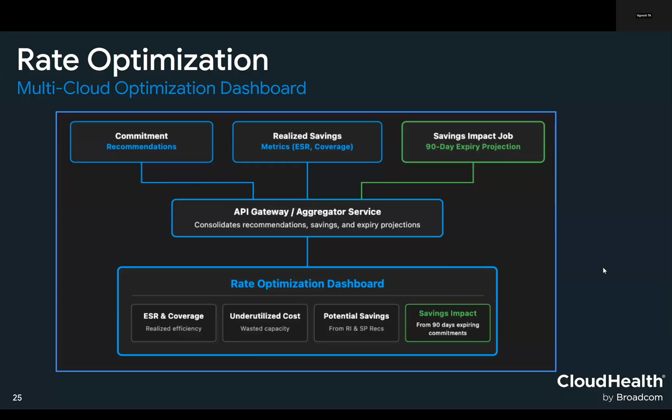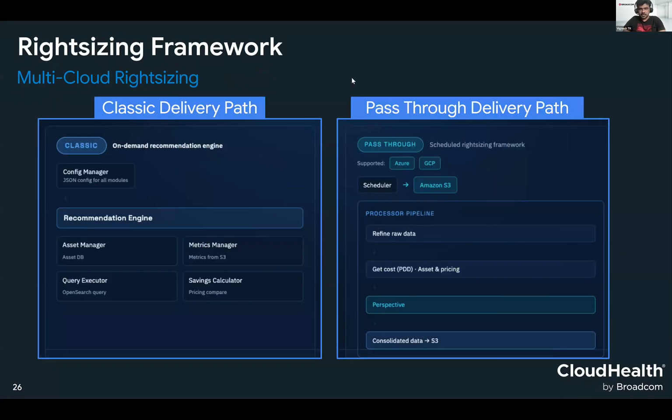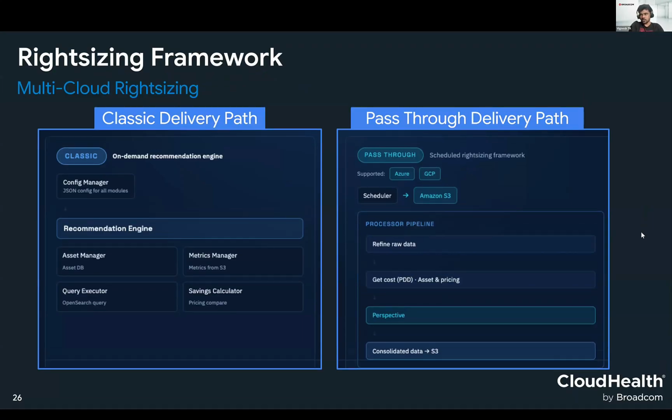Thanks, Jay. Next slide, please. Yeah, thanks for this slide. Okay, now Jay has touched upon many of the under-the-hood details. Now I'm going to talk about how the right-sizing framework works under the hood. As you could see, there are two paths we have currently. One is classic, one is on the NX also. So I'm going to touch upon both the ways and tell more about the advantages and the architecture, how it works.